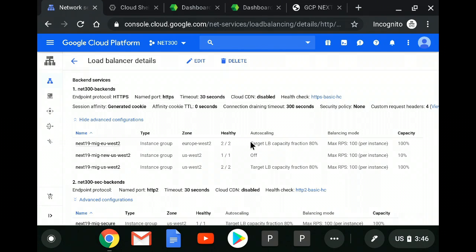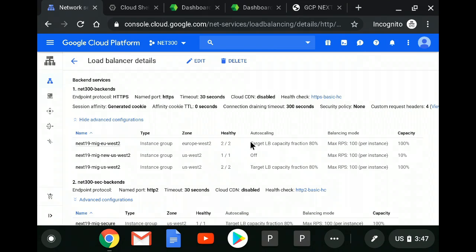Now we have also, as part of the backend, session affinity. So I have QUIC here, but it could also be configured as client IP. Client IP would mean that all the sessions from a certain IP will be sent to that backend, right, to maintain the affinity. QUIC, on the other hand, will allow the HTTP load balancer to send a QUIC back to the client. So if you have multiple sessions from the same client, it will allow a better distribution